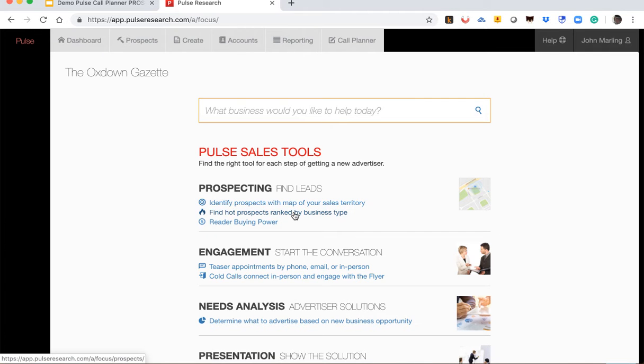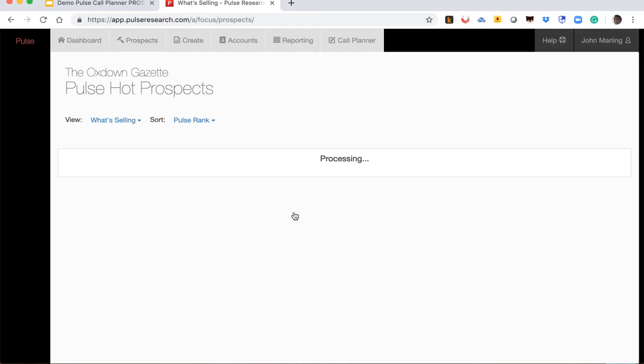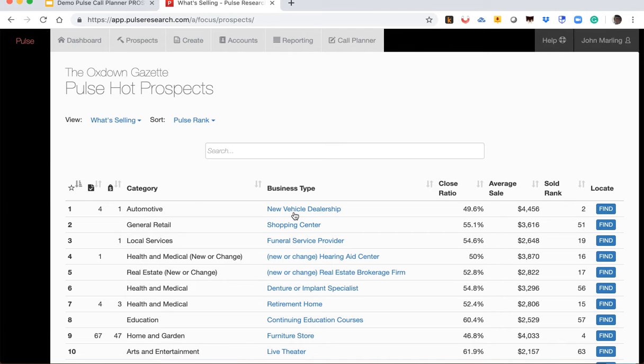Now, once again, there's two ways to do this. One is by the actual results, close percentage, sold rank for each of the over 500 business categories. How do we get that? Every time an ad rep, there's over 5,000 using the Pulse program, creates a presentation like for a vehicle dealership, it automatically records it. And then when they put in what happened, we then know what the close ratio is, the average sale, and